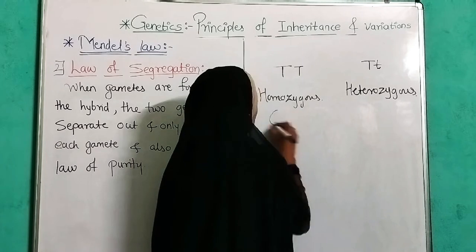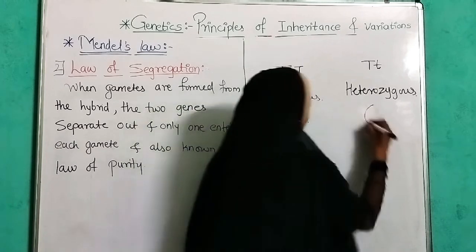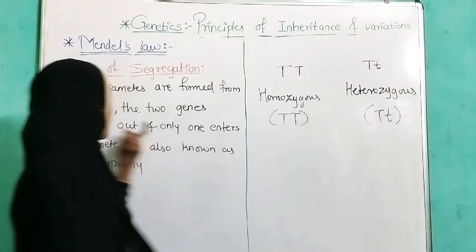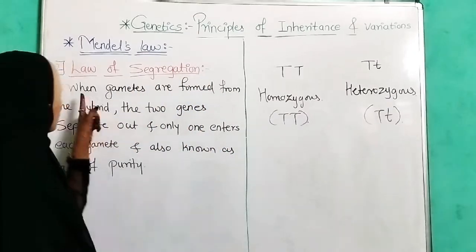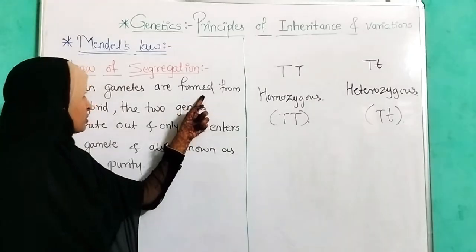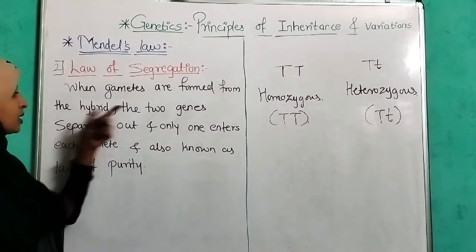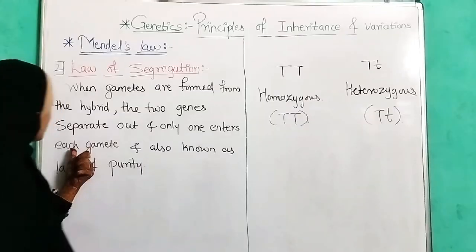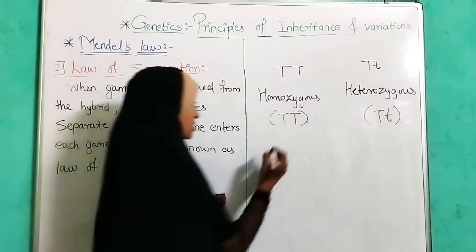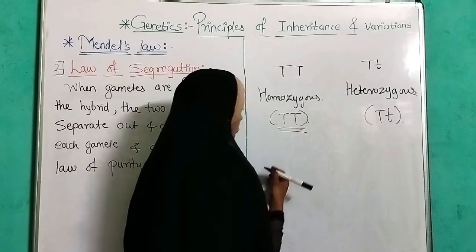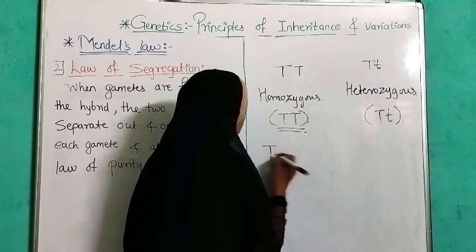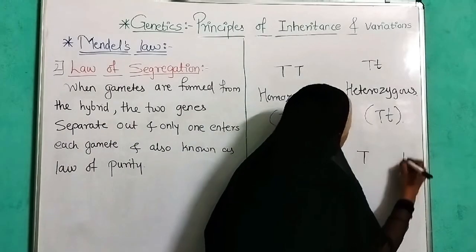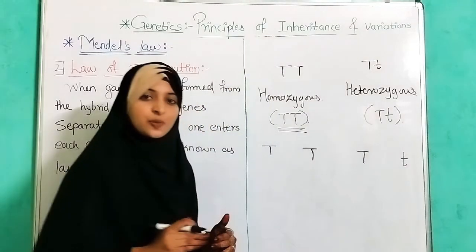So, heterozygous and homozygous tall plants. According to this law, when two gametes are formed from the hybrid, the two genes separate out and only one enters each gamete. Means from this pair, we know T gets separated and this T gets separated and expressed